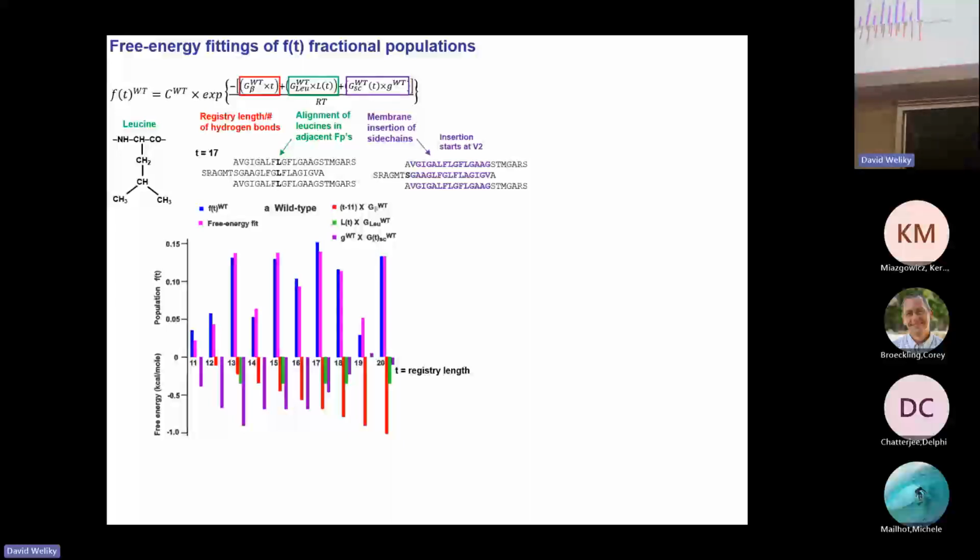So the blue here are the fitted populations from the NMR data. The magenta are from the free energy function. And the negative values here are our different free energy contributions. The beta sheet length contribution gets monotonically more negative as T gets larger. But importantly, the purple membrane insertion contribution is very weighted towards smaller values of T, so shorter beta sheets. The two contributions compensate for one another, so the sum is approximately similar for many values